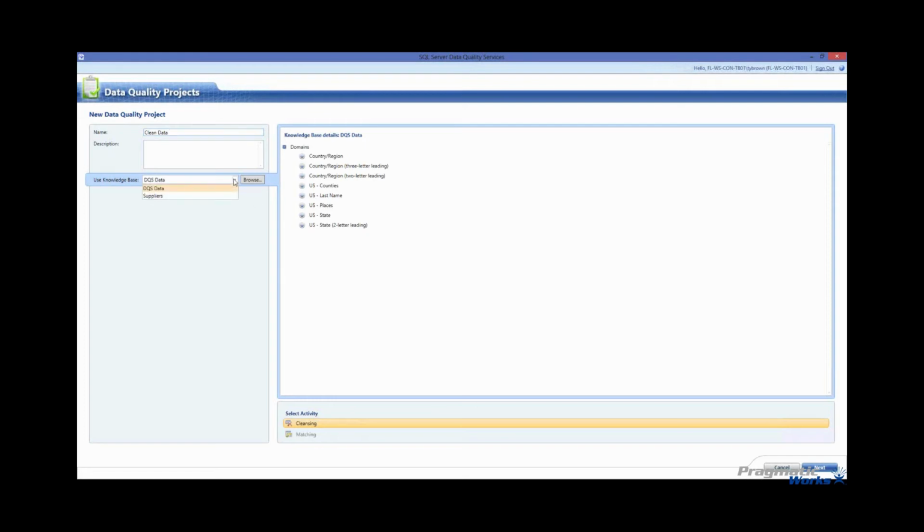So we have our suppliers knowledge base, and we also have one here called DQS Data. DQS Data is just a built-in knowledge base. It has some basic things that most projects would use, so just last name, counties, maybe countries. So if you wanted to create a knowledge base from this basic knowledge base, you could. We just did ours from scratch, but it's there if you want to use it. But for this one, we're actually going to use our suppliers